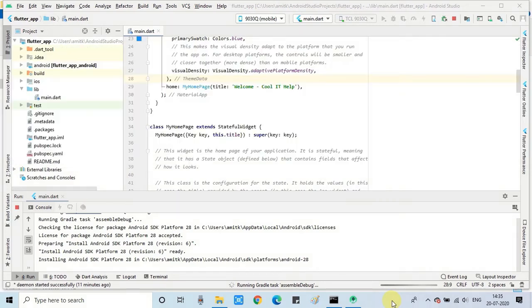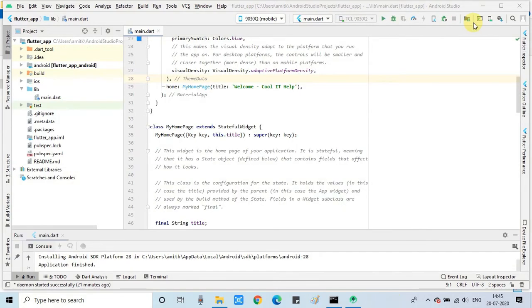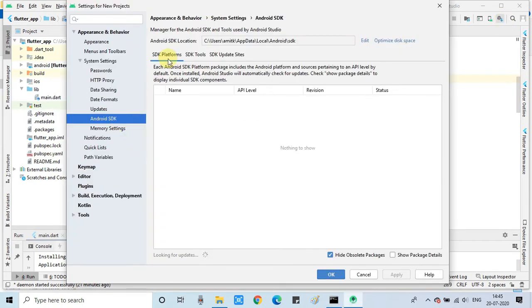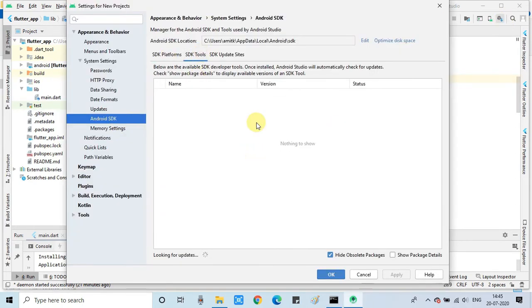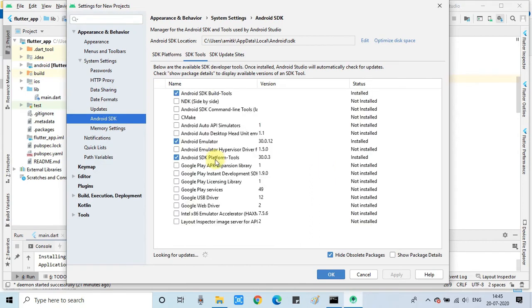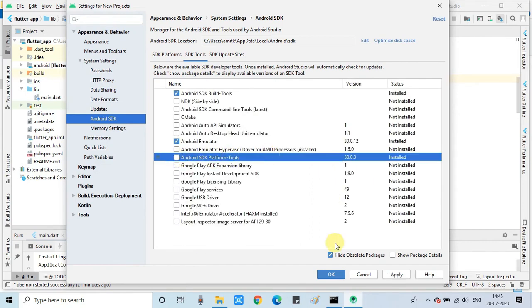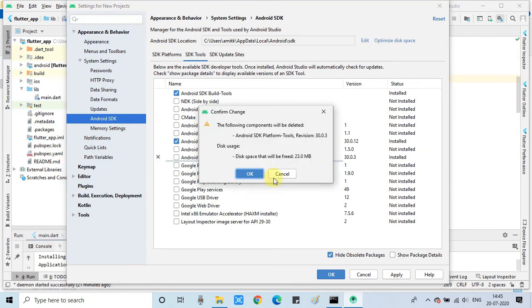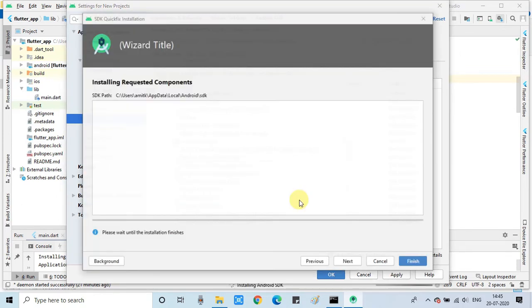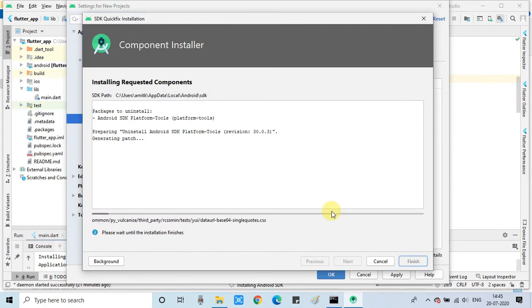Click on the Android SDK icon and then this window will appear. So here we are inside the SDK tools, so we just uncheck it and we will uninstall it once. This will take few minutes for the uninstallation and then we will install it again. Sometimes it happens that the settings is not properly detected by the Flutter SDK.